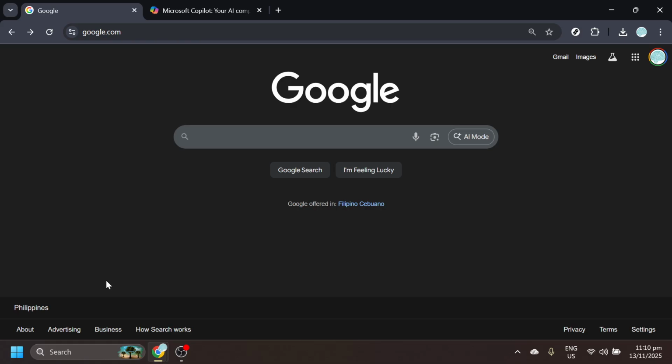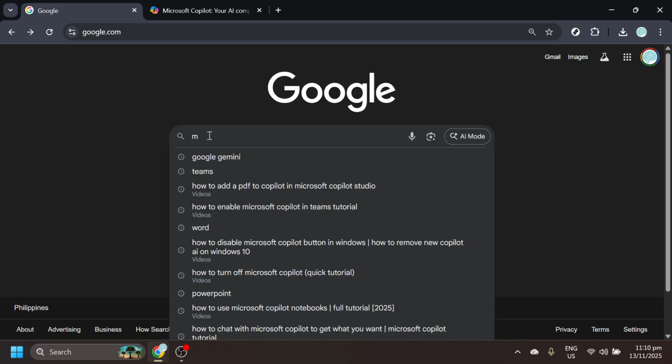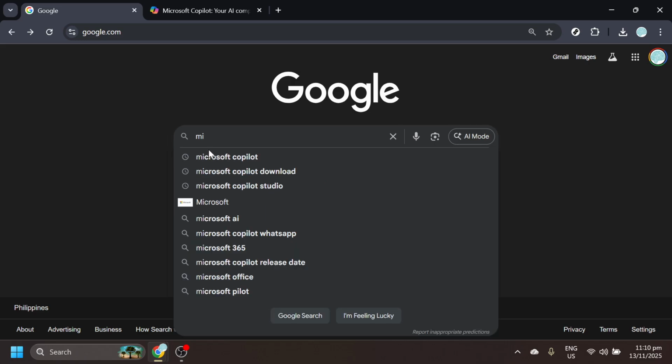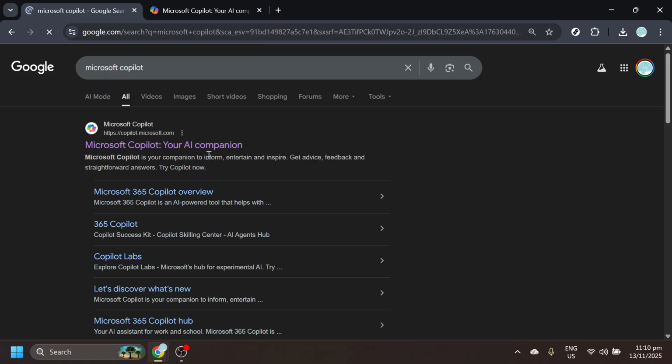To begin, open your preferred web browser and go to Google. Google is a great starting point for almost any kind of search because it can direct you to the most relevant and official resources you might need. In the search bar, type in Microsoft Copilot. Here, you're essentially looking to find the official page where Microsoft hosts information and access to the Copilot service. By doing this, you ensure that you're landing on the most reliable source for setting up and using Copilot without